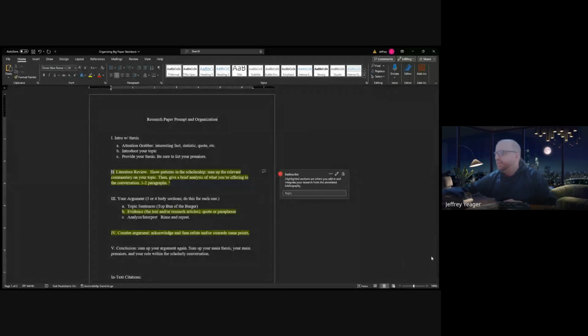So right now you guys are focusing on your annotated bibliographies, but this is how you organize your paper once you do your annotated bibliography. Normally, as far as an introduction goes, this is pretty basic essay writing stuff, but